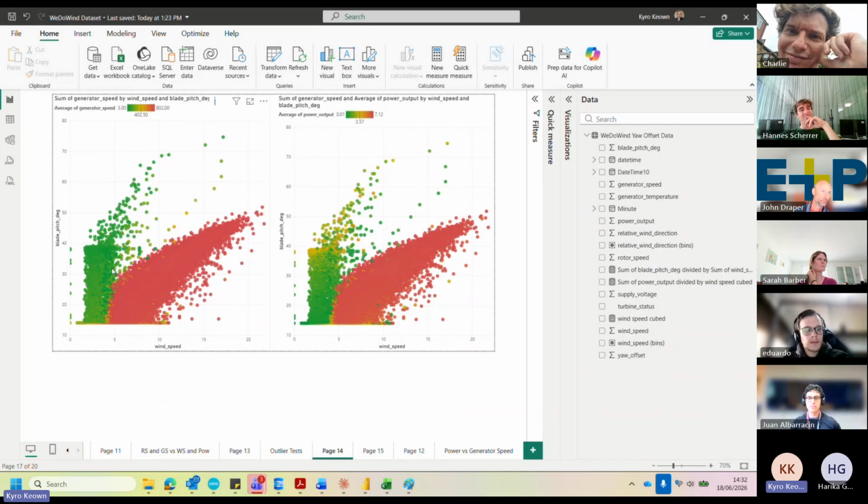And then I thought, well, I found a candidate. I will just simply rule out these low generator speeds, and that will tidy up my power curve and make it usable. But even doing so, these low generator speeds don't correspond with low performance either.